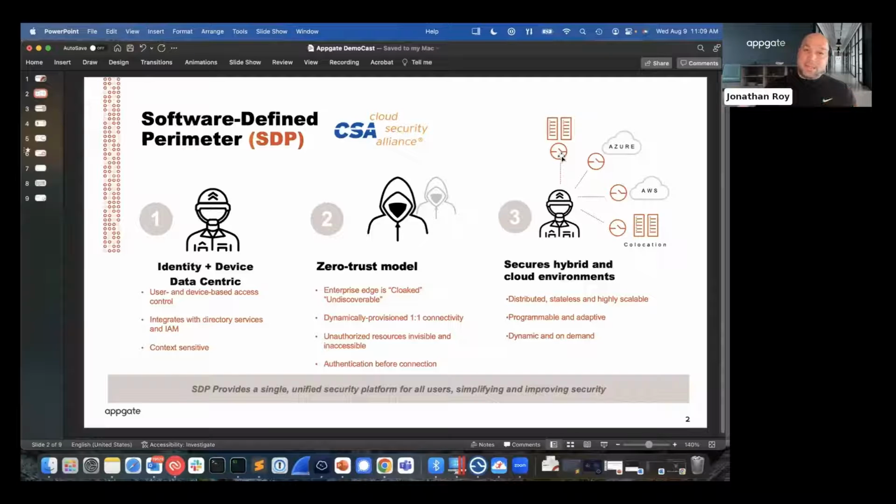This is where I like to start my very first demo, so you get an understanding of what I'm talking about here. What I'm going to do is a scan using my machine here against Appgate versus other